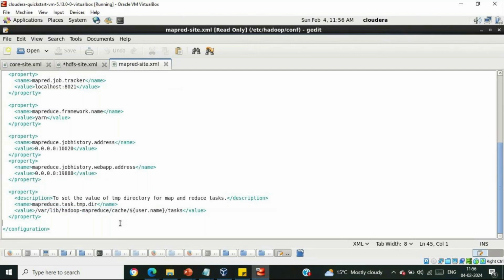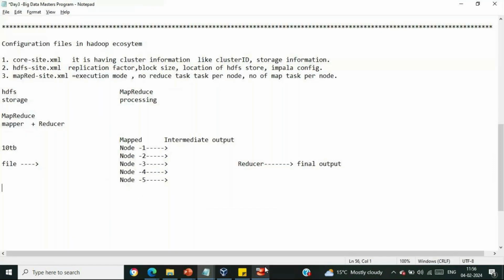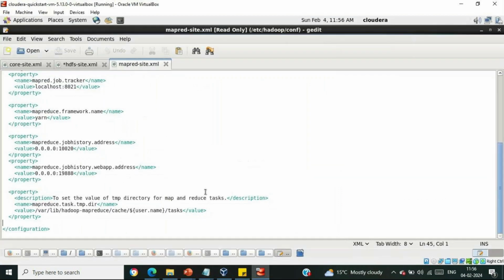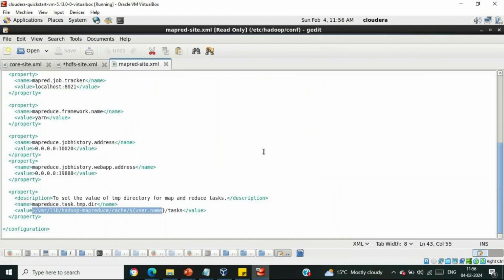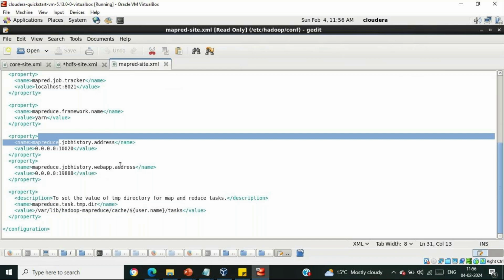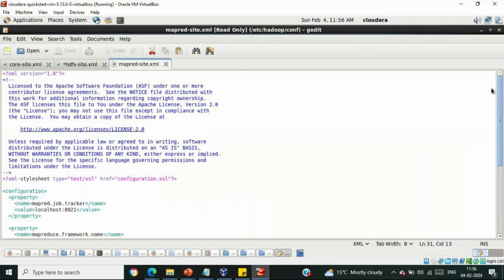Because we are going to provide the input and I want the output over here, but where will this intermediate result be stored? That will be stored in this particular directory, and the reducer has the information that the intermediate result will be over here. So job history, these are the information we have inside the